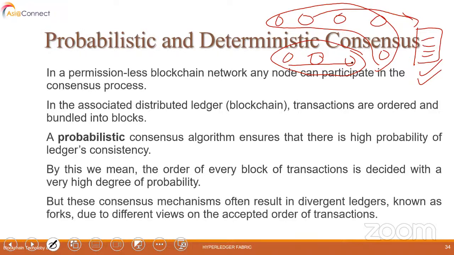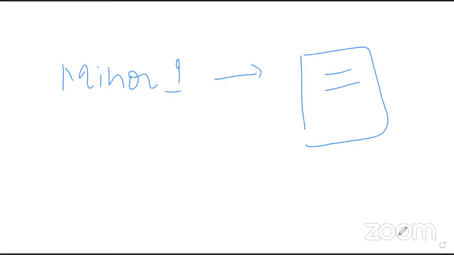But these consensus mechanisms often result in divergent ledgers known as forks, due to different views on the accepted order of transactions. So let me take an example. In the case of, say, proof of work, a miner has created a block, right? And he is claiming that these transactions, T1, T2, T5, T7, should be kept in my block,